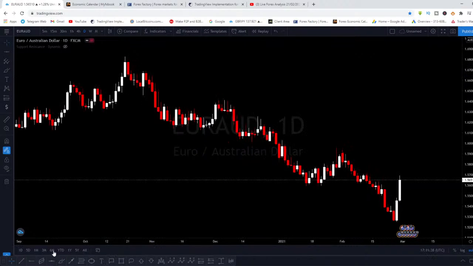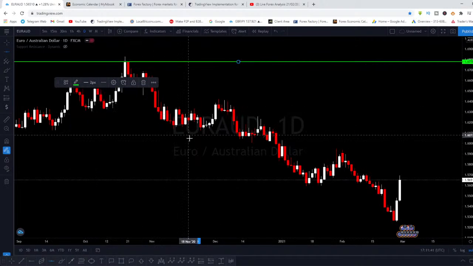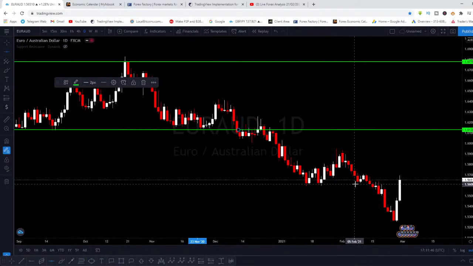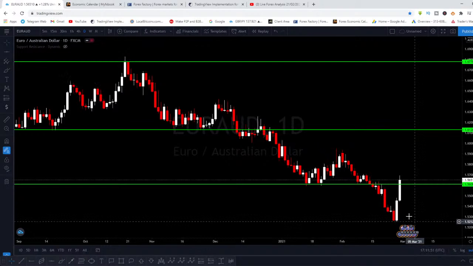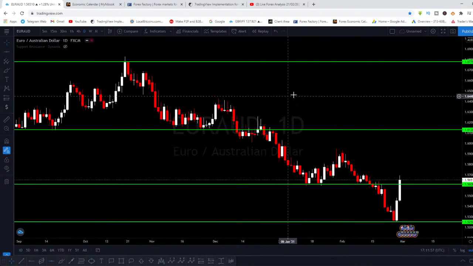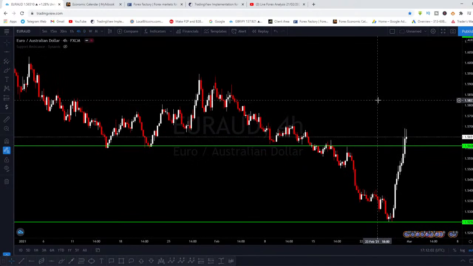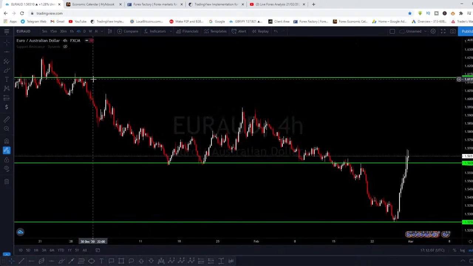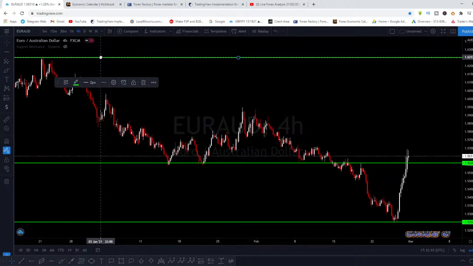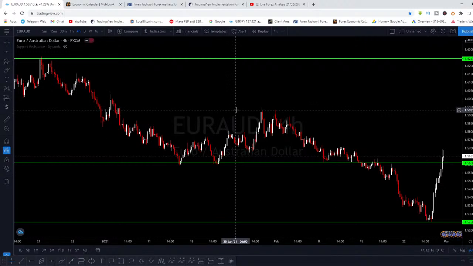So now the first thing is you put all of this, your horizontal line, which will serve as your support and resistance level on this pair, right? So now let me check it out. So yeah, this is daily time frame support and resistance. Now let's go back down to the 4-hour time frame and check out what exactly is happening right here. So this is the 4-hour time frame, and we have to amend this to the upside like this. Perfect. And now we have to put another one around this area.